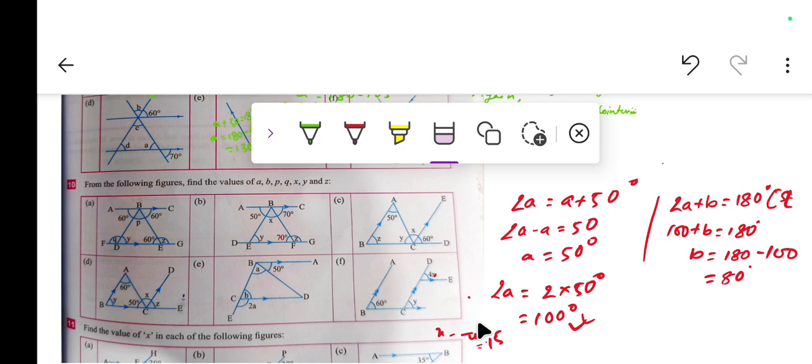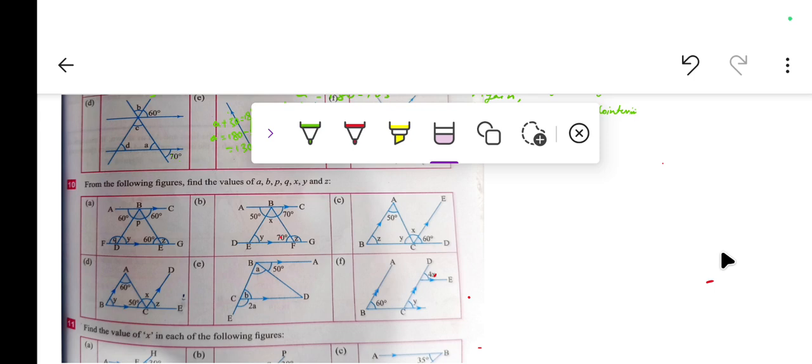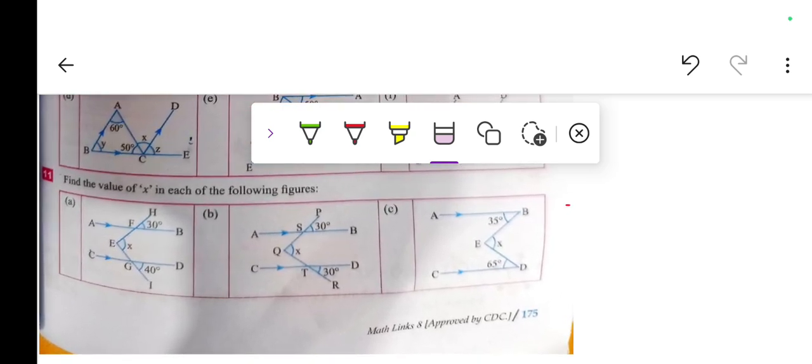Moving to question number 11. Let's see what is over there. Question number 11, construction is required. This kind of stuff has already been done by us, so again we are going to do it. In each of the questions we need to do construction. Construction of another parallel line. Construction of a line which passes through the given point over here.